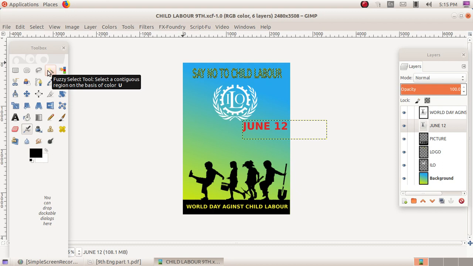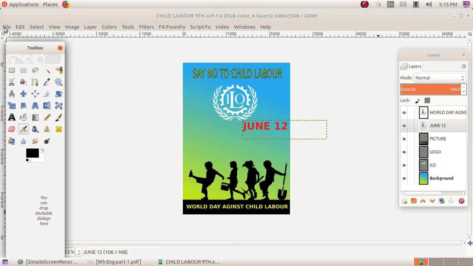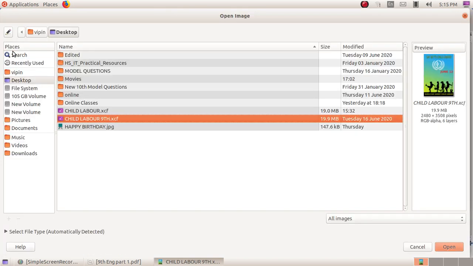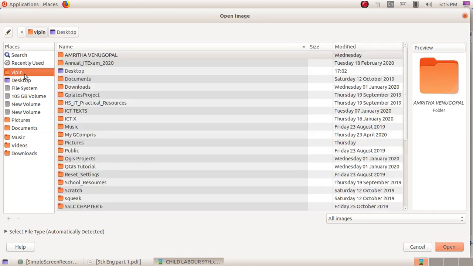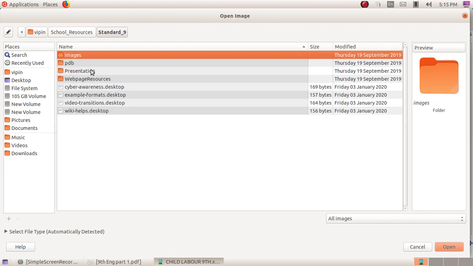First, open an image in GIMP software. We are using the path tool. First select File, Open. Then go to the home folder, school resources, open the folder standard 9, then open the images folder.